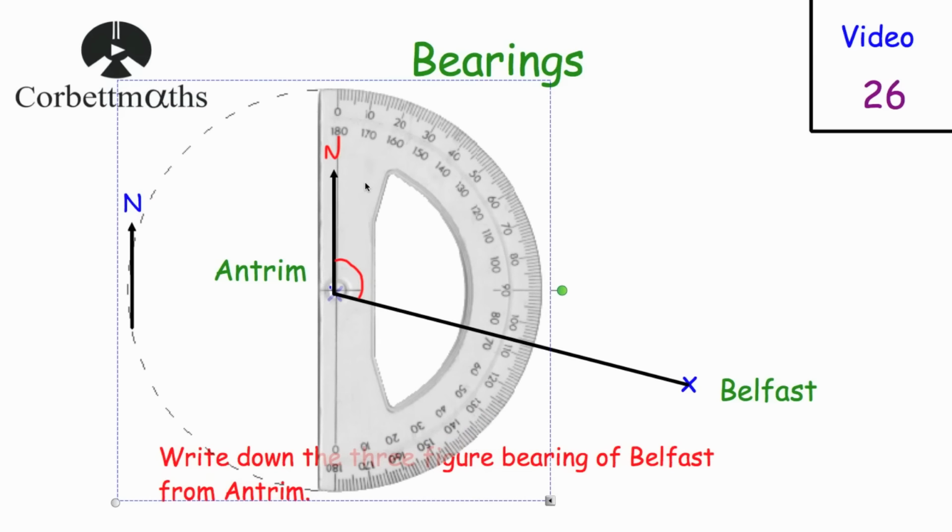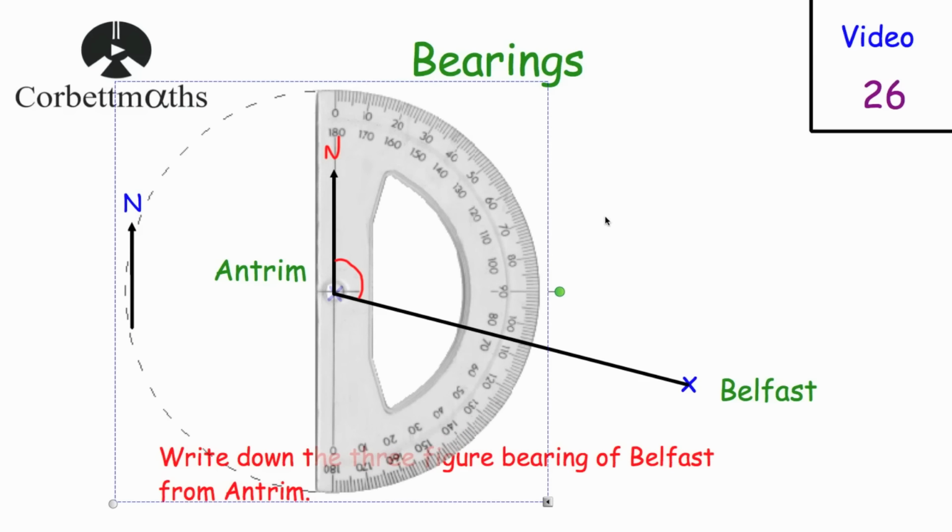So we've got the cross on top of Antrim. And we've got the 0 going along the north line and we've got 0 on the top. Now the bearing is measured clockwise from north, so we just need to measure this angle. So we've got 0 at the top, so we're looking at these outside angles, and we're going to start from